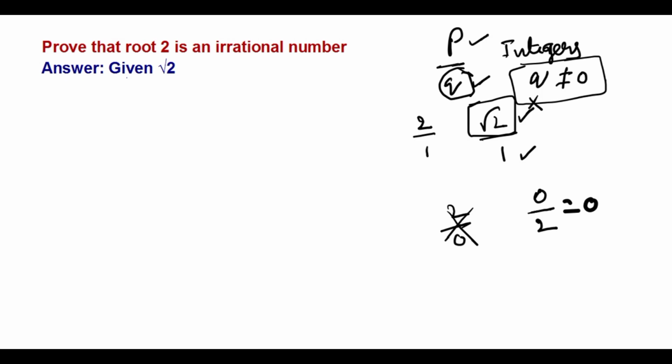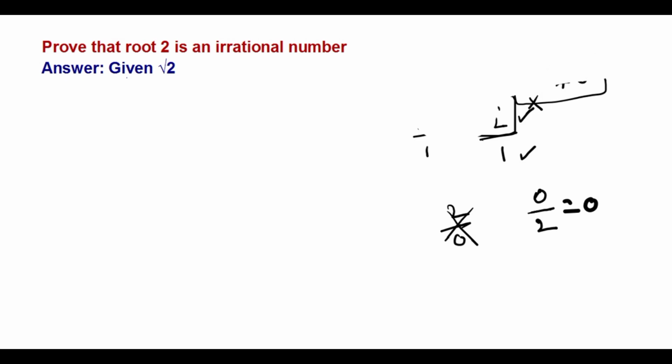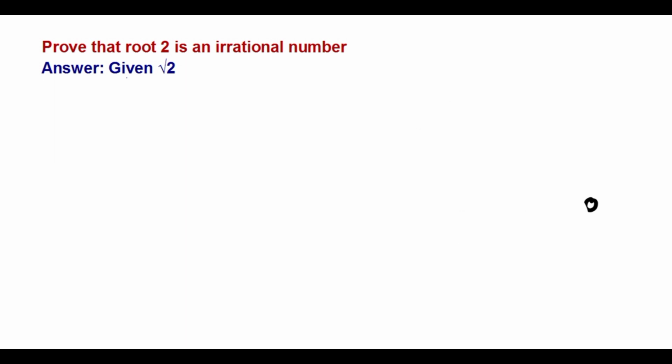Now let us discuss our solution here. So don't forget, P by Q numbers are rational numbers. Here we are going to solve this with the method of contradiction. So what is given? In the question, given root 2 is irrational. Okay, just root 2 is a number given. We need to prove it is irrational, right? That is RTP, meaning required to prove.